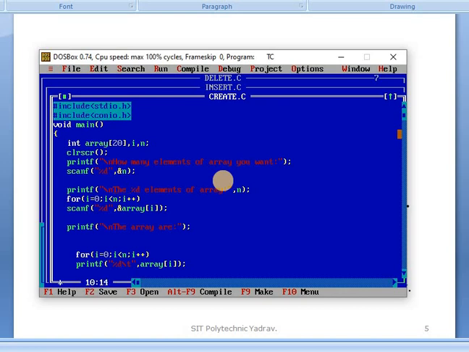Next printf displays a simple message, \n means new line, and the %d elements of array means how many numbers we have entered, those numbers are displayed, okay. In the n variable, that number is stored and displayed.